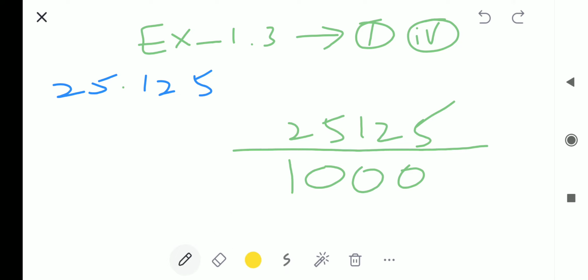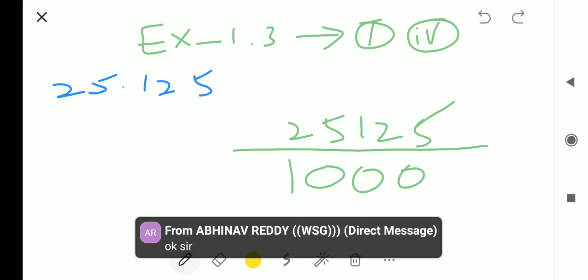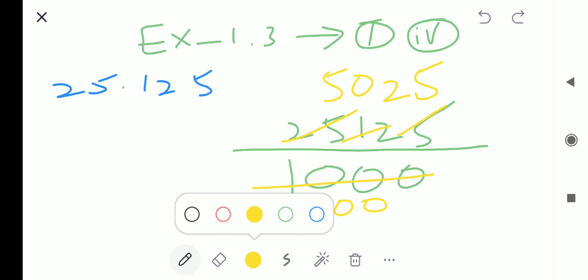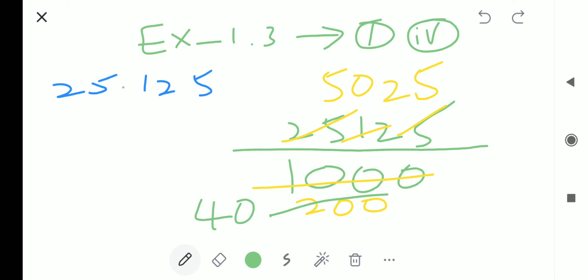Now if there is any cancellation possibility, we should go for cancellation. You can see if the last digit is 5 or 0, it will be divisible by 5. So 5 200s are 1000, 5 5s are 25, 5 2s are 10, and 5 5s are 25. Now again, in both 5025 and 200, the last digit is 5 and 0. It again will be cancelled in the 5 table. So 5 40s are 200. Now here we get 5 10s are 50.